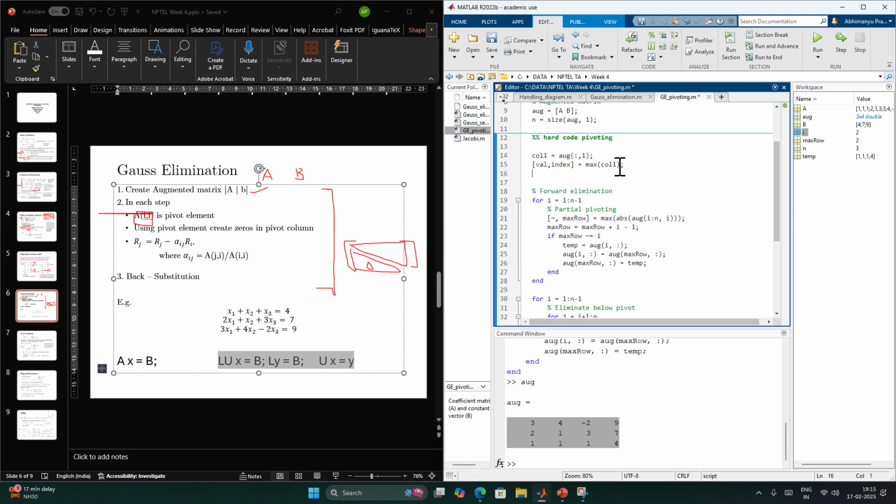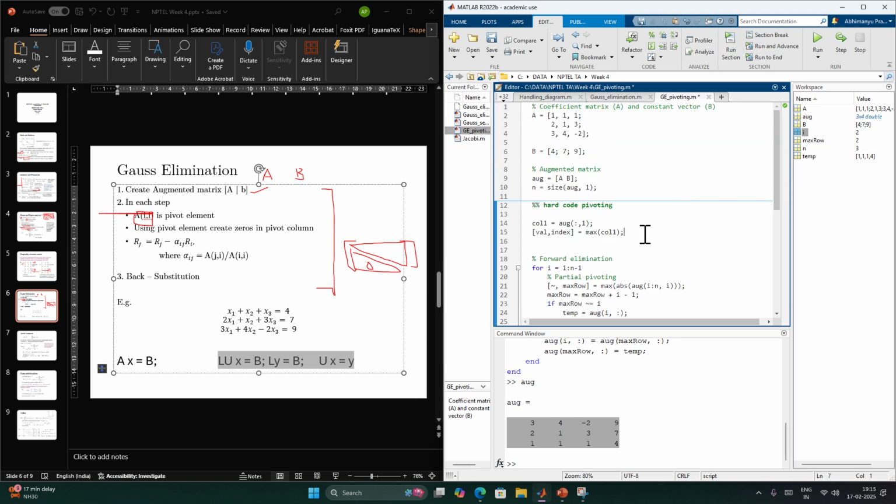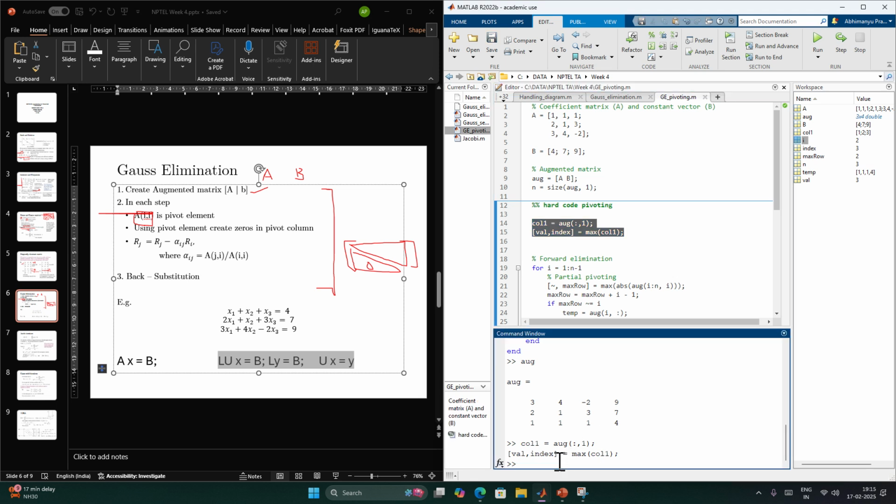Now if I run this part, I only run this section. So my value is 3 and my index is 3, right? This is my augmented matrix. In the first column, this is the biggest element, and it's at the third position, right? So now what I need to do is take this entire row and replace it with the first row. Okay,